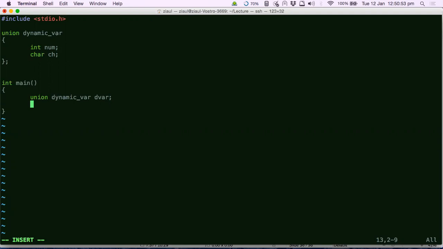Okay, that's a good question. What do you want to do if you have a double here and then you have 25, right? Okay, let's do this then. Let's find out the size.